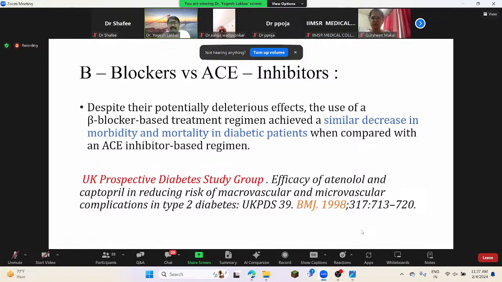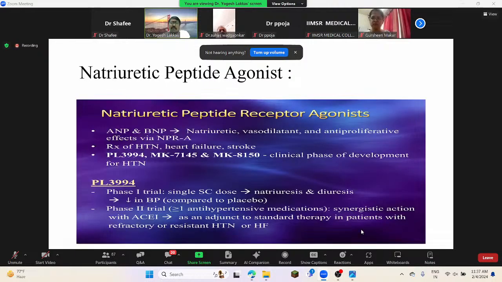Beta blockers versus ACE inhibitors, maybe we will come back. Don't worry about trials, both similarly decrease morbidity and mortality. The famous UKPDS study, published in the BMJ way back in 1998, has shown this. Both are effective, but again, as a first line of drugs, safer drugs are now available that we can use. Now we are moving to see the safety profile, which we have tested in post-clinical surveillance, or tested clinically on a large population, plus the need for newer molecules.